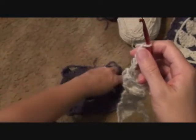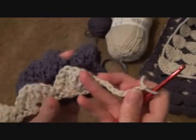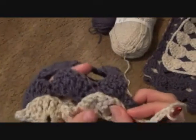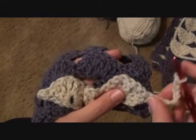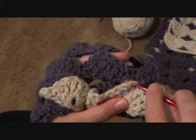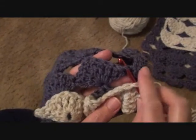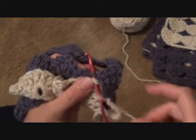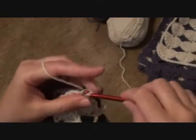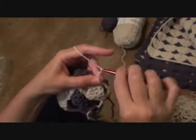So you're going to get your top layer and turn it over to where the wrong side is facing, and then position your shell in that window, and you're going to single crochet in your 4th treble crochet, and at the same time in that single crochet that's between your half shell and your shell. So let me do that. And then chain 7,